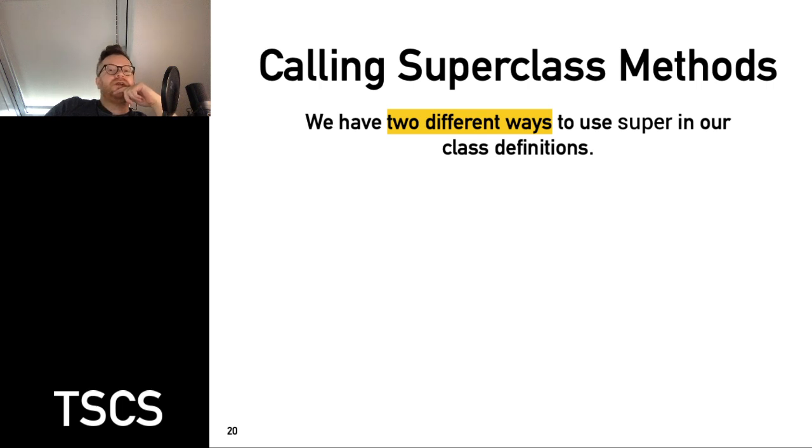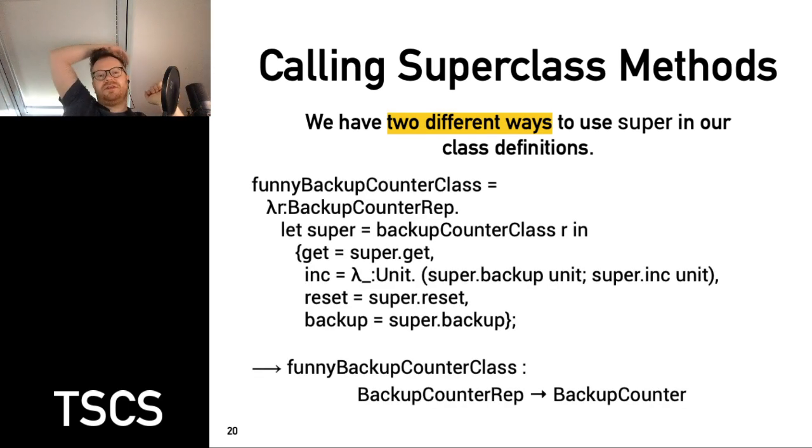But how do we call superclass methods? So we just learned 2 different ways to use super in our class definitions. So let's look at this example for a second. So this is a little bit of a funny backup counter. It's not really working quite well, but we can do this. And as you can see, it feels quite natural. So the get is again just inherited from before, but the increment is a little bit different. So this is a function that takes unit as an argument. This is so far the same, but then has a sequence and called super.backup. So what is super? Super is a backup counter class, so we call backup on the super class,